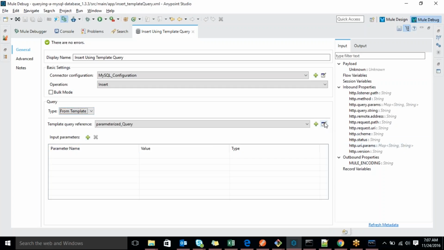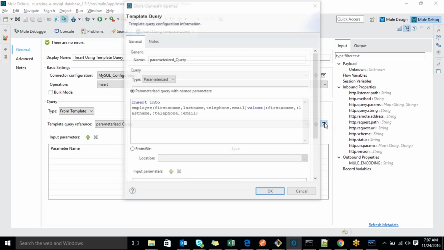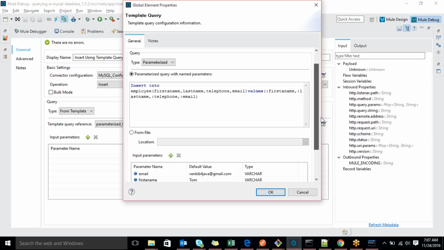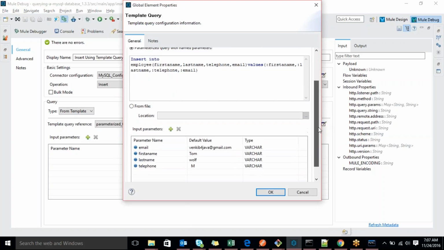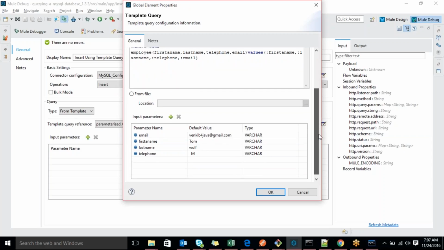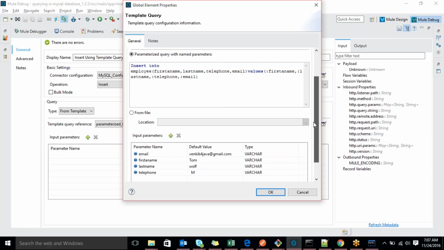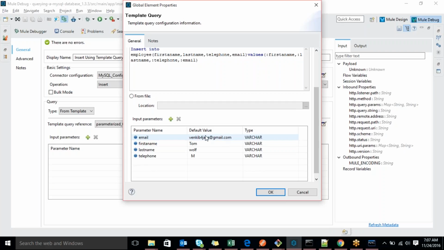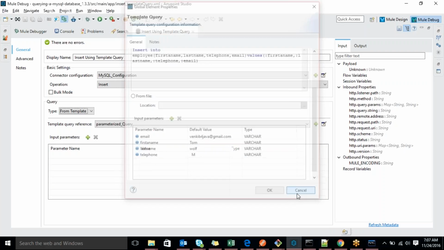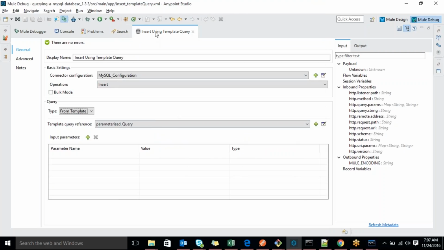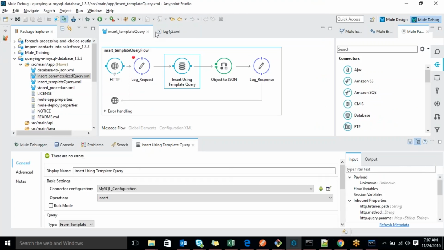In the template type, we have to pass all the parameters that are required, then set all the values dynamically, then choose it. That's it. That is the template-related part.